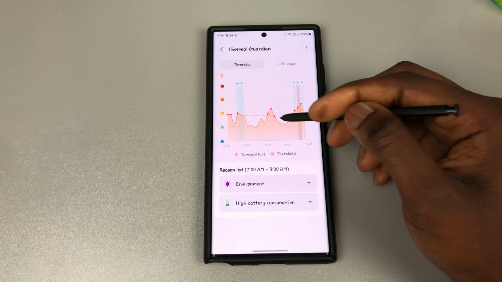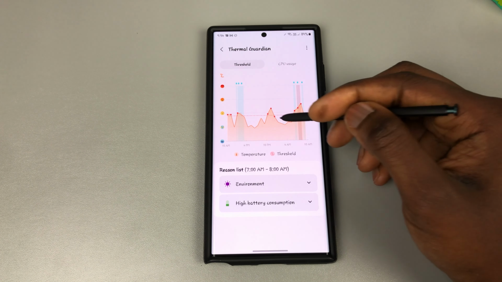But if I was to move this thermal threshold right here, everything that happens here can now happen freely. Your performance is no more restricted. And then when your temperature gets to this point, then your device begins to throttle, which is fair because that is the temperature you want it at. You're going to have to do quite a lot with your phone to get it to reach this level, which means you're not going to get a performance dip just because you're using Waze and driving on the road. So the best way to increase this thermal threshold would be to come here, and it says